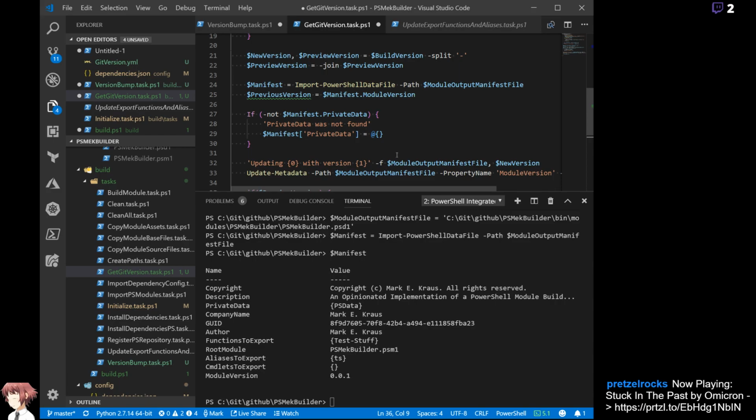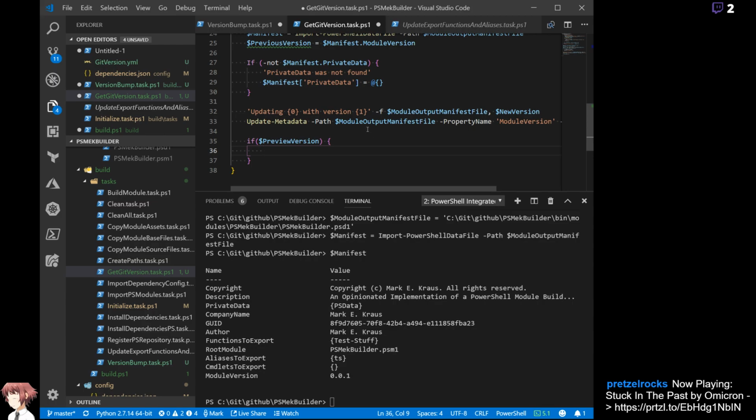Maybe I do. Wonder how update metadata works if the property is missing. Yeah, I think that's what I'll do. That's fine. I haven't played with update metadata enough to know how well it works with different things, but I've got a plan. So if preview version